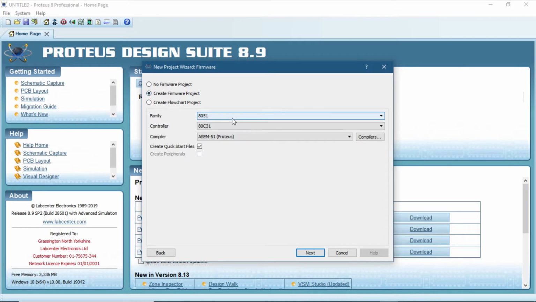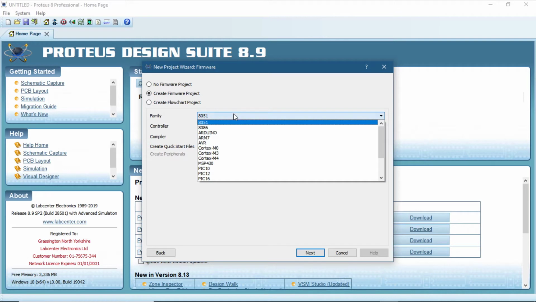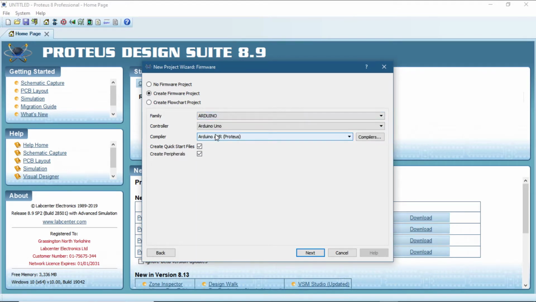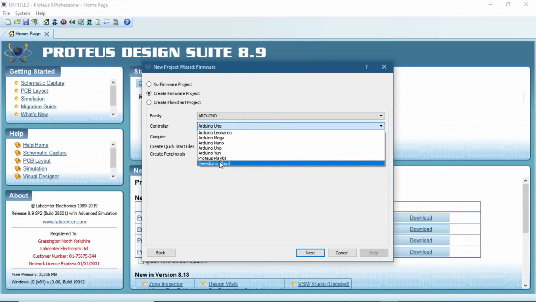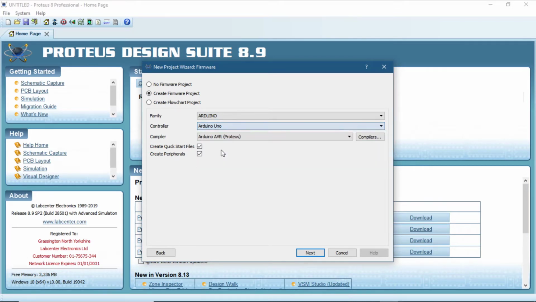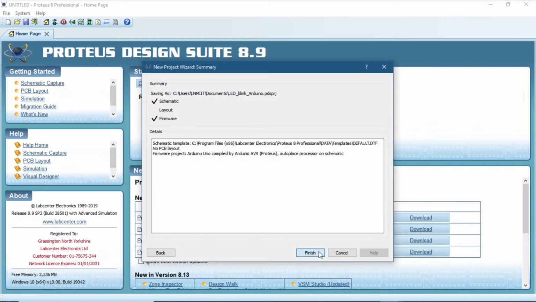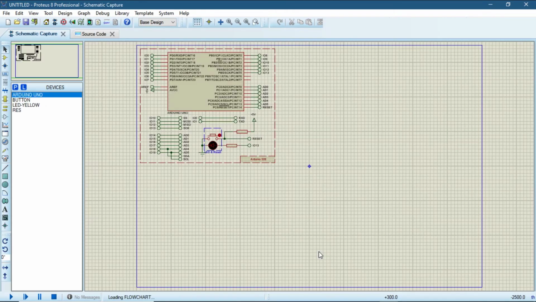We are going to create a firmware project and choose Arduino as the family. Controller, you can have different boards, choose Uno and the compiler. These three settings please remember. Go to next and finish.